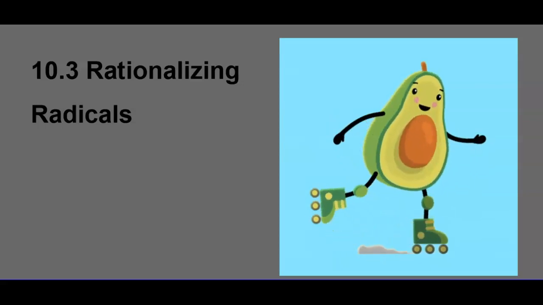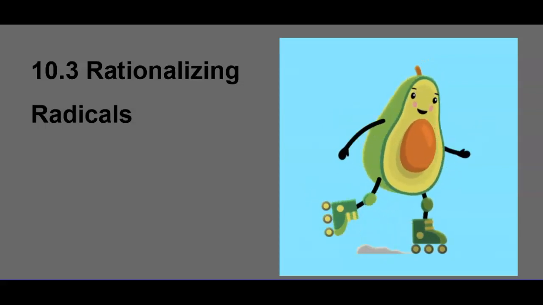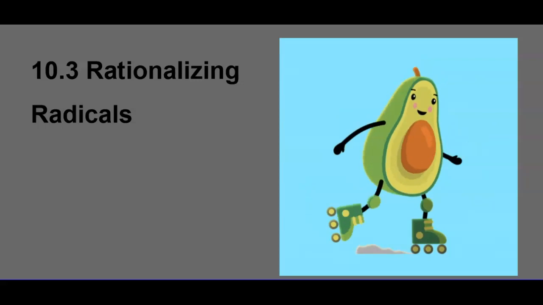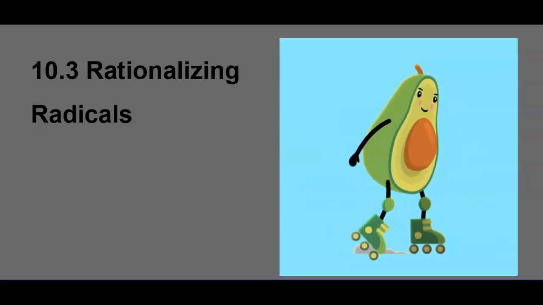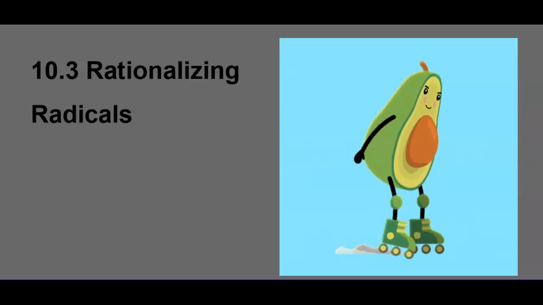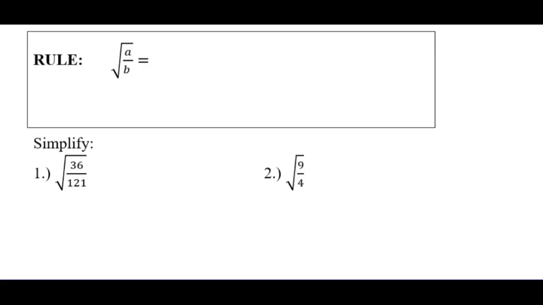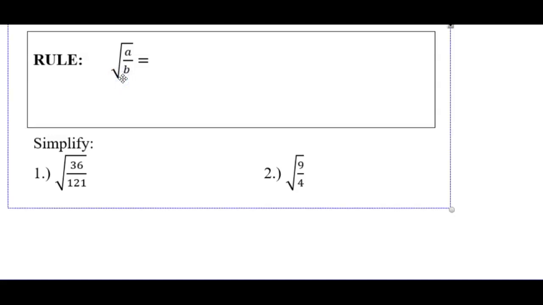Okay, in this next lesson, we're going to learn what it means to rationalize a radical. Rationalize a radical. And it's super smooth and super flowing, just like this avocado skating along. So, first and foremost, we need a rule, okay? When we rationalize a radical, we can take this and we can change it